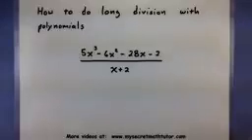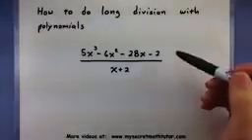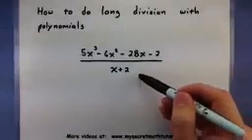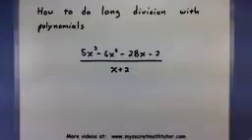Right now we're going to work on an important technique that is used often for finding zeros of polynomials or factoring. And that's of course the process of long division using polynomials. So the big idea is that you have one polynomial and you are dividing it by another one. And through the process of long division you'll be able to figure out what other smaller polynomials or even what